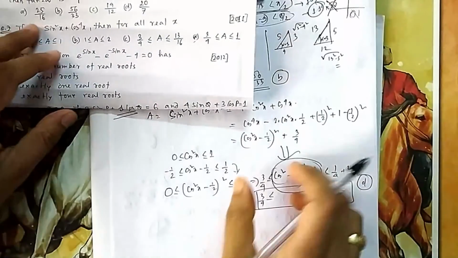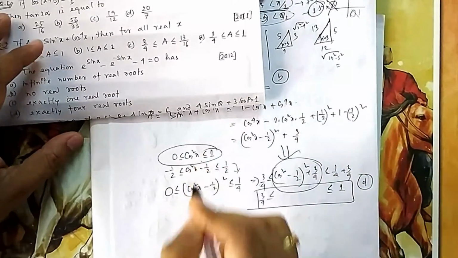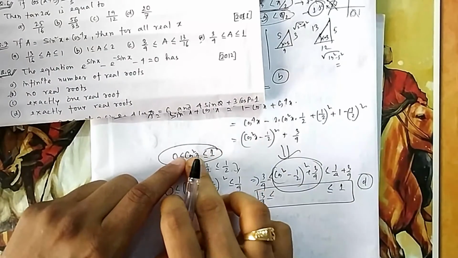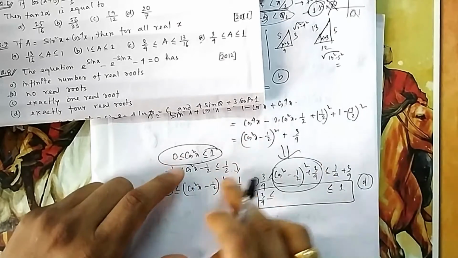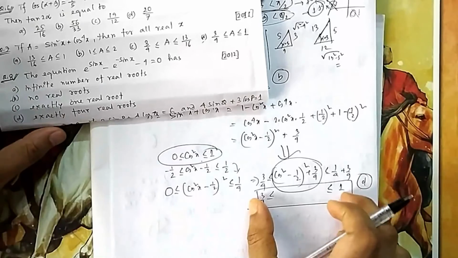So you can see this one, this was the requirement where it goes. So this one we have calculated starting from cos square x. Whatever it is there, we are trying to match it with this one. You try to make cos square x like this only. So I am doing it step by step so that I reach here. So I found the range, it is between 3 by 4 to 1.